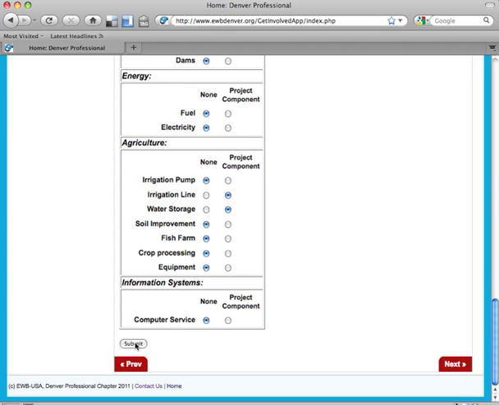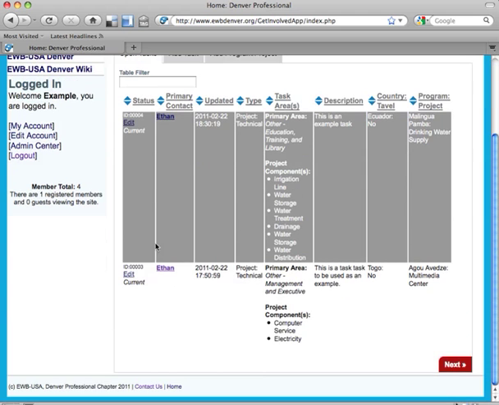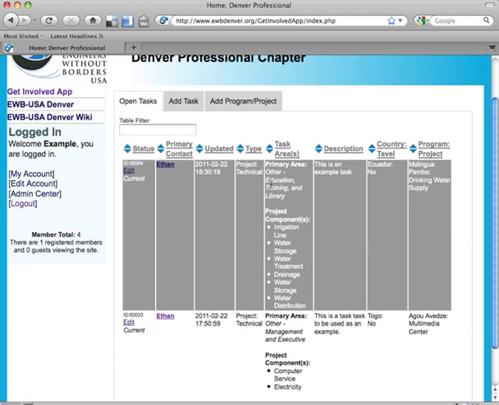So we'll enter all that and we'll hit submit. It takes a moment to add the task to the database, and then it shows up on the open task list. Now I can see this list because I'm logged in, but if I weren't logged in, I could also see it. The only difference is that when you're logged in, you can click here to edit the task